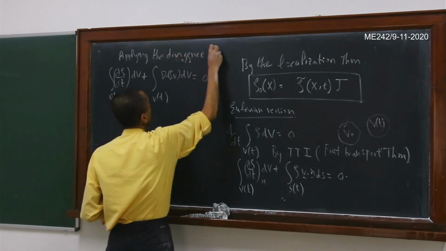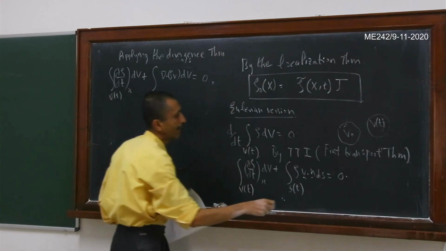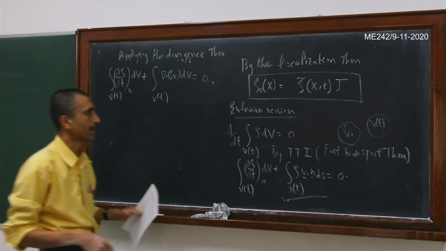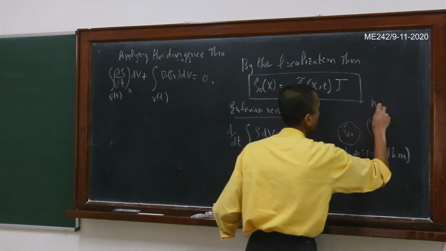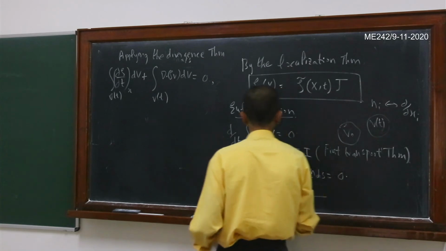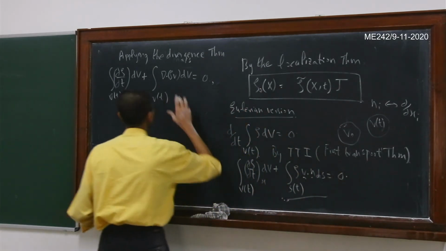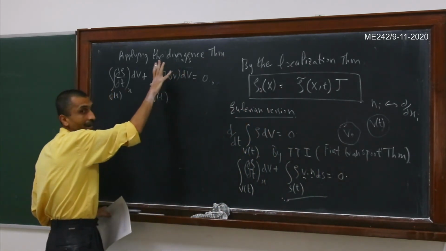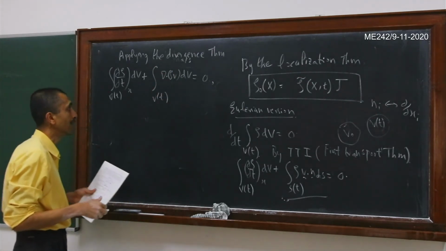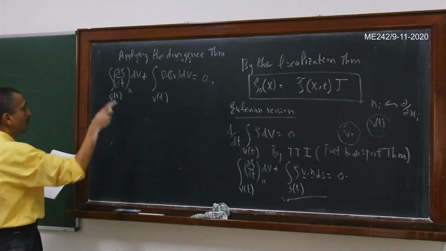So basically I have applied the divergence theorem on this particular term. Again that same recipe, n_i goes to del by del x_i, correct? So I am just using that. The derivative sign will come on the entire rho v, because rho itself is also a function of spatial variables. Now club them together.